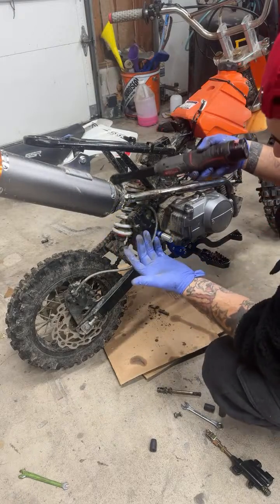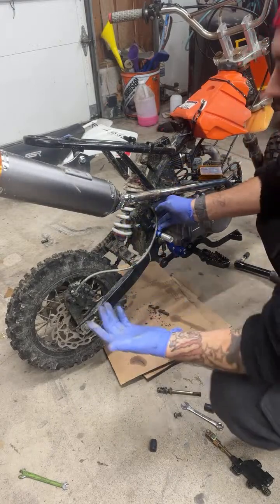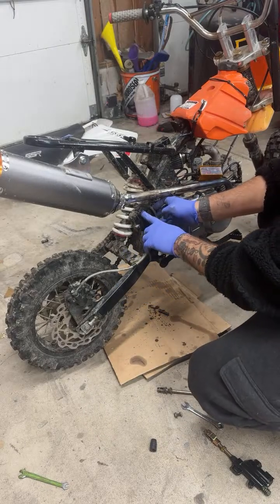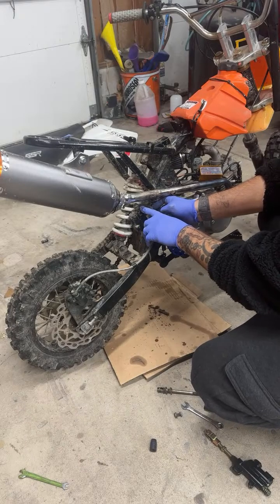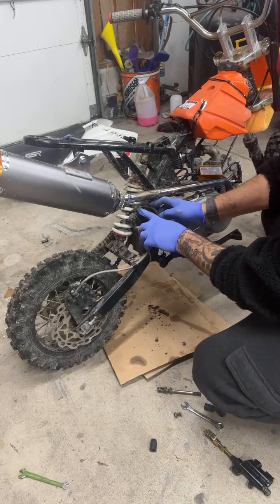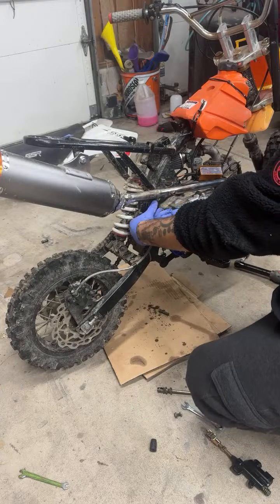So anytime you're working on anything, I don't really know who's watching and what you guys know, but if you're reassembling it, you're gonna want to just look at how it was taken apart. So looking at this, I see a washer, and then I see this banjo fitting. A banjo is just something that fluid can pass through, basically. And then we got the washer on top with the bolt. So when I take this off, then when I reassemble it,